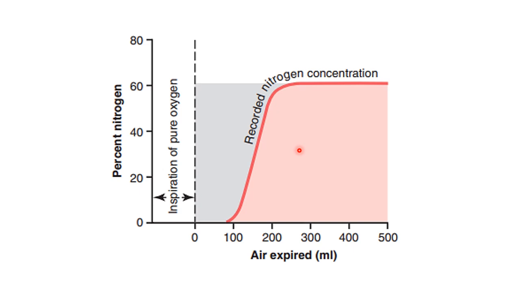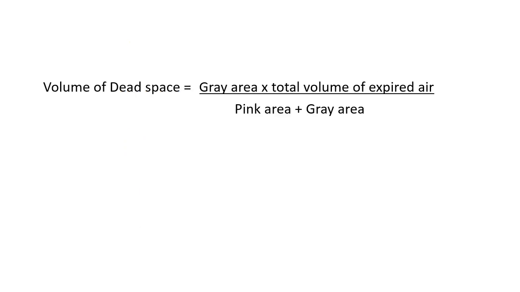And we can use this one to calculate or to determine the volume of anatomic dead space and the volume of alveolar air through this formula. The volume of dead space is equal to the gray area in the graph